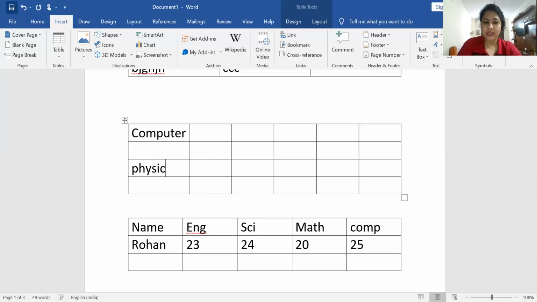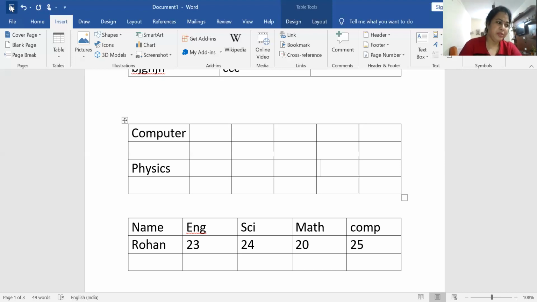Okay, so first you click on the cell, you can see the cursor, then you can type the data, and after that to go to the next cell you press the tab key. Just see, I am moving the cursor. In the same way, the right key also helps you move the cursor. The left key goes to the left-hand side and the right key goes to the right-hand side. The down arrow key goes to the cell below, and the up arrow key goes to the row above.